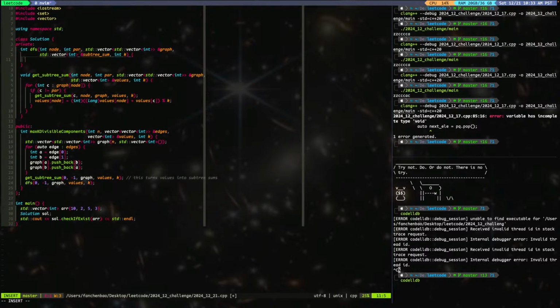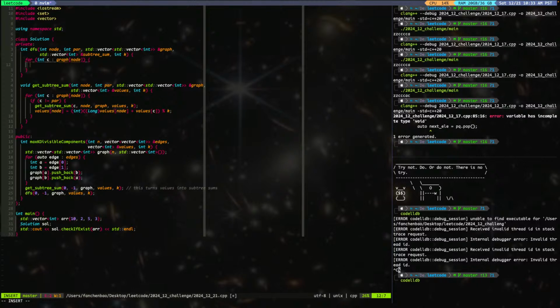we're at the root. What we do, we'll check all the children, right? We check all the children. The first one that allows us to split, we will split. So we'll say for int child of graph node, right? So another question I have is, no, I think as long as we check for parent, we should be fine. For each one, basically we have an edge from node to C. So we say if I split it, will it work, right? And then we say if